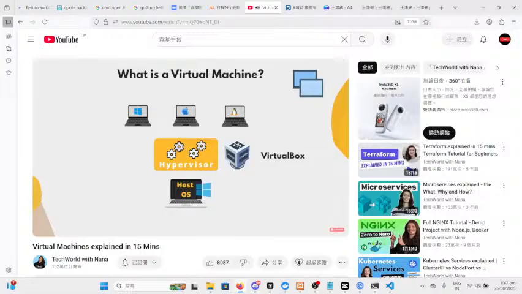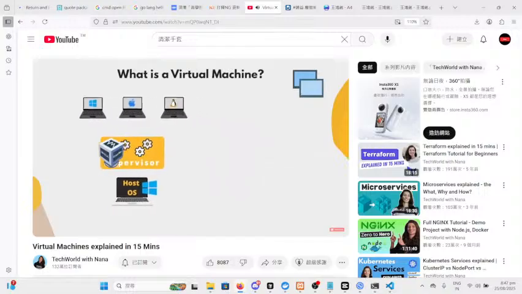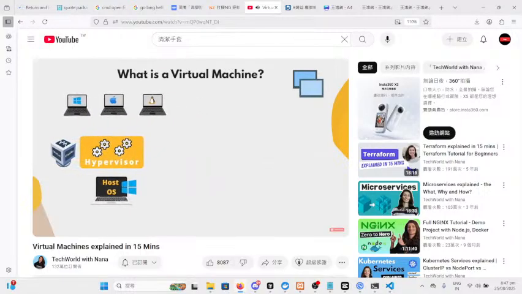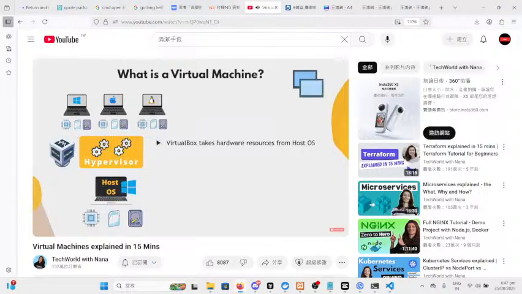So VirtualBox will let you create a virtual computer on your Windows computer by telling the Windows operating system, hey, can I have some of your hardware resources that you manage to create a virtual CPU, virtual RAM, virtual storage for my virtual computer? And as I said, you can have multiple virtual machines that are running on your computer